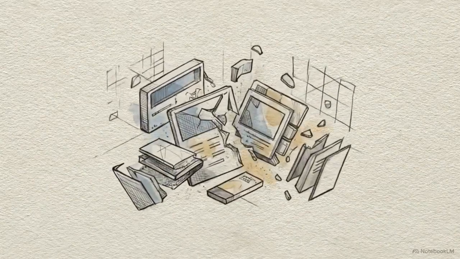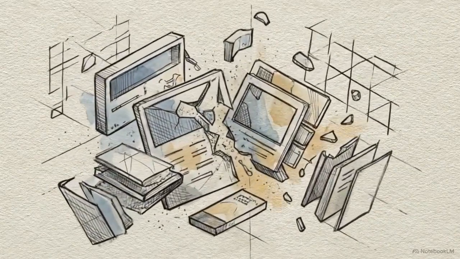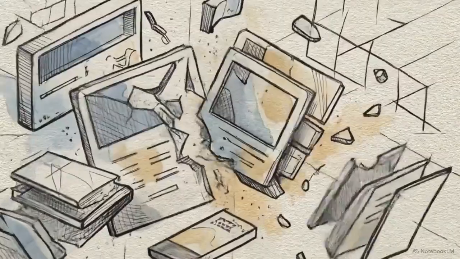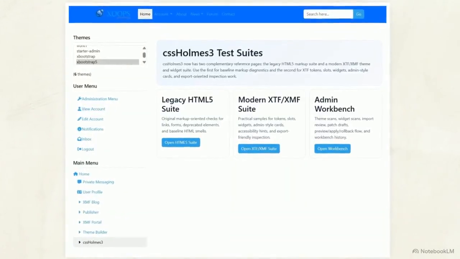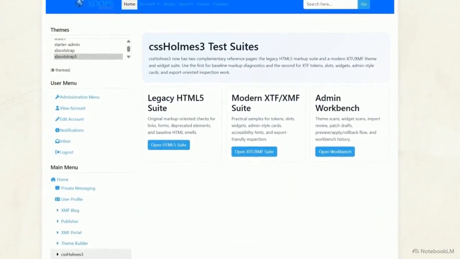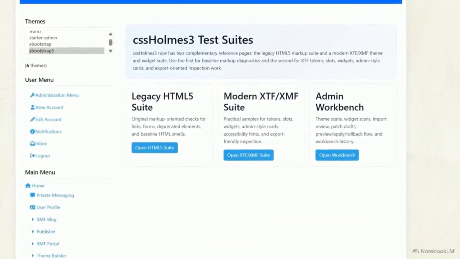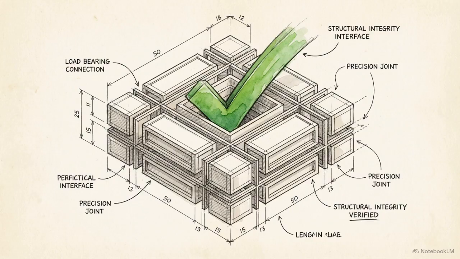You inherit a website, and the layout is falling apart. Elements drift, spacing fails unpredictably, and widgets crash into one another across the page. Fixing this is where cssHolmes comes in. It is a diagnostic workbench built directly into XOOPS that lets you repair these structural issues safely, right in your